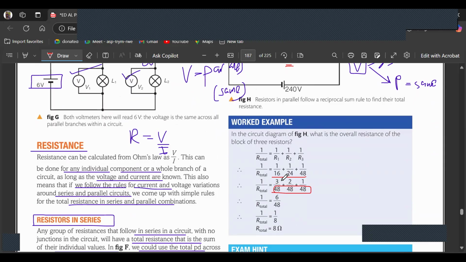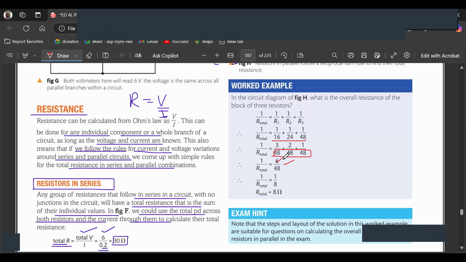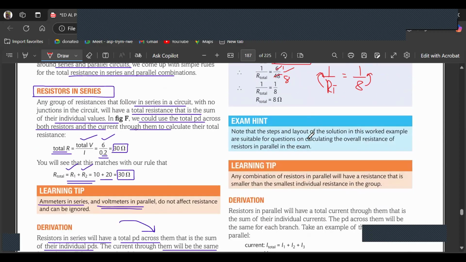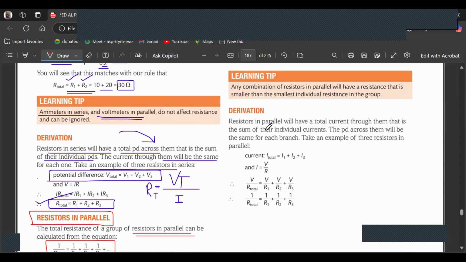48। ऊपर आप लिख लें 3 2 1, फिर 3 + 2 + 1 किया, 6/48 आ गया। अब आप कैंसिल आउट कर दो, 6 1 जार 6, 6 8 जार 48, 1/RT इज इक्वल टू किसके आ गया? 1/8 के। मतलब कि दोनों का रेसिप्रोकल ले लो, दोनों को ऊपर ले जाओ, तो क्या बनता है? टोटल रेजिस्टेंस इज इक्वल टू व्हाट? 8 ohms। 8 हो गया है। So resistors in parallel will always have a total current through them that is